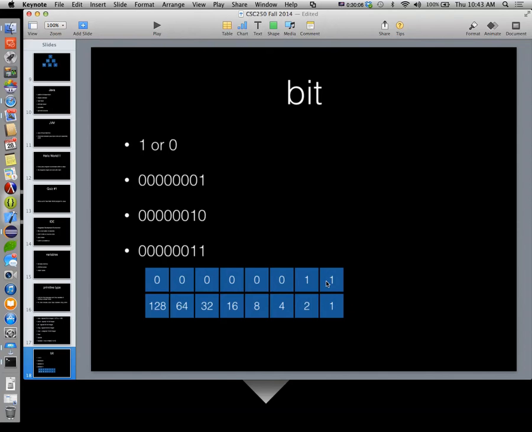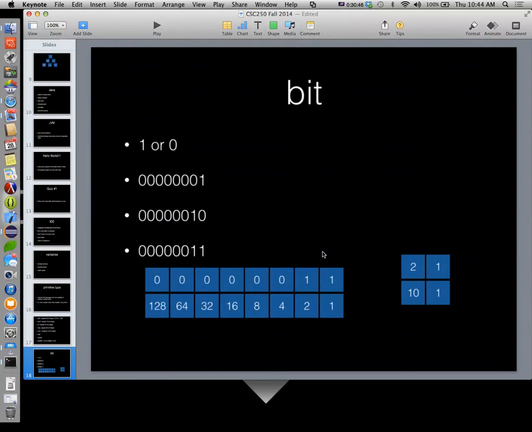Okay? Now, this is nothing new to us. And what I mean by that is if this was the decimal number 21, this is the ones place, this is the tens place for base 10, for decimal numbers, right? So 1 times 1 is 1, plus 10 times 2 is 20. 20 plus 1 is 21. Does that make sense? So all we've changed is the base.